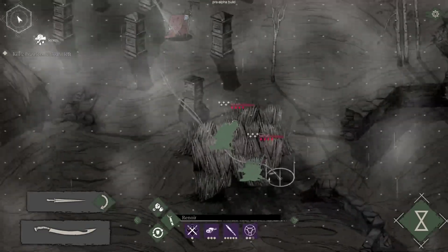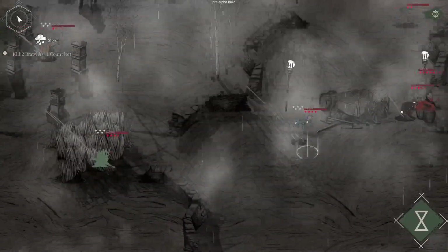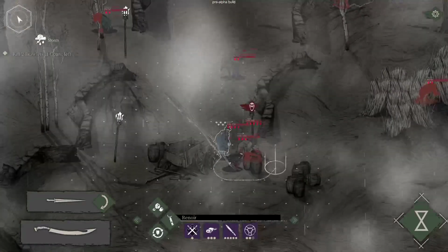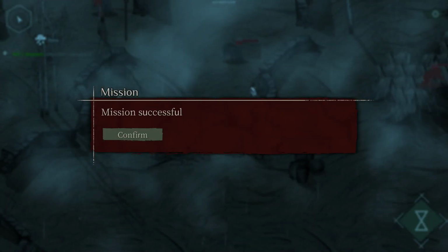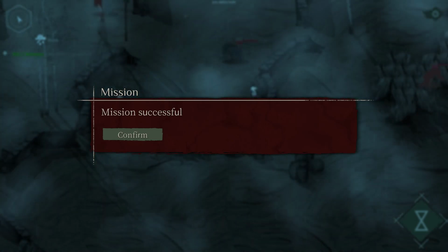With another hunter, I can move in and make this Banishing Ritual that Duke was showing some time ago. I don't have to worry about this, because this is the last brawler, so let's just finish him off. And the mission is successful. By the way, I'm making a new mission successful and failure pop-up, so...